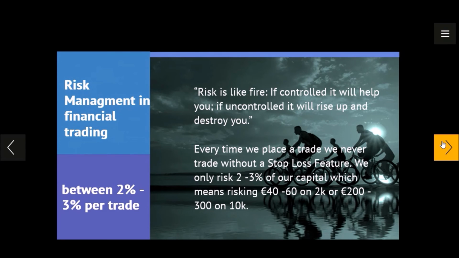But remember that it's all about having good risk reward management in place to maximize your opportunity, and that's exactly what we teach our clients here at